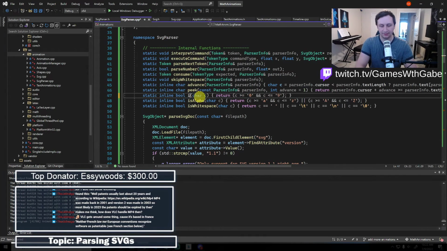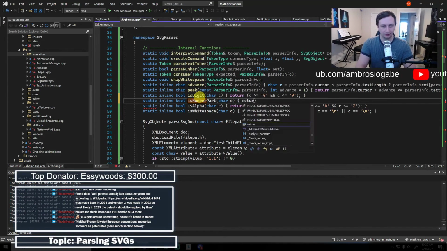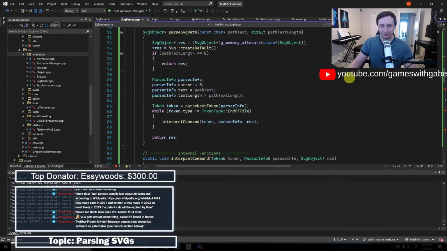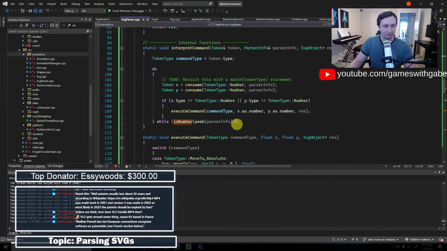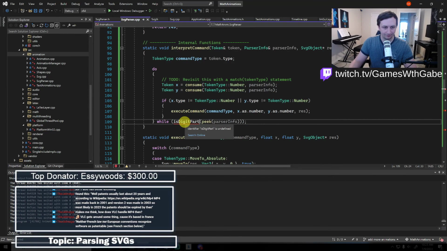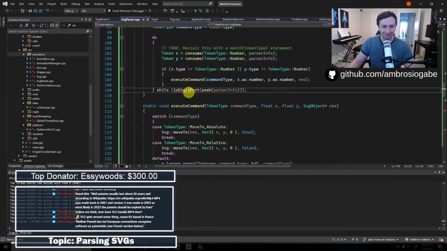Let's call this isDigit. And then what we'll say is static inline bool isNumberPart. Return isDigit C or C equals negative. Okay, let's do that. And then down here, we can say while isDigit, or isNumberPart, like I said.